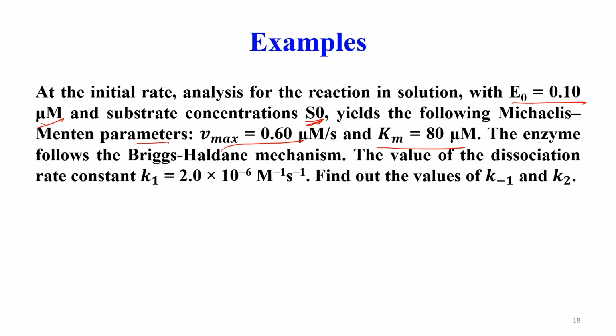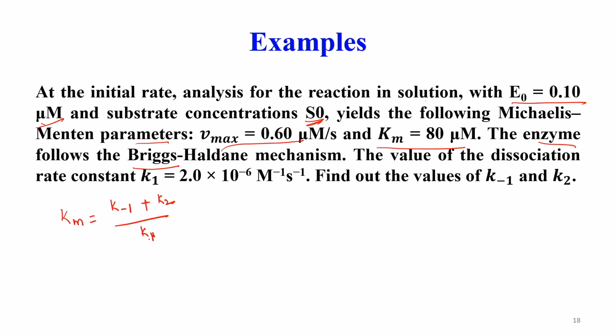Now, interestingly here the enzyme follows the Briggs-Haldane mechanism. Briggs-Haldane mechanism means it is assuming the quasi-steady state, it is not assuming the rapid equilibrium state. So, if you remember, in the case of the Briggs-Haldane mechanism, how is Km defined? Km is defined as K minus 1 plus K2